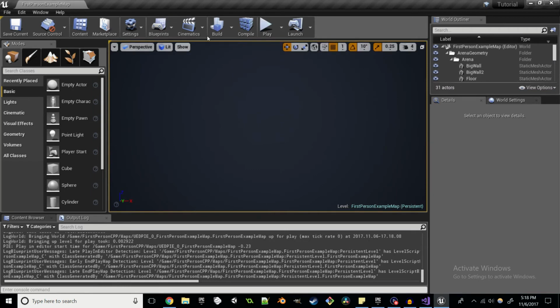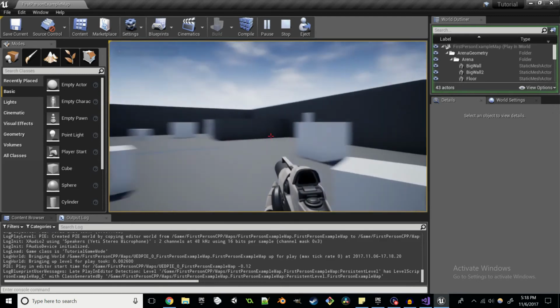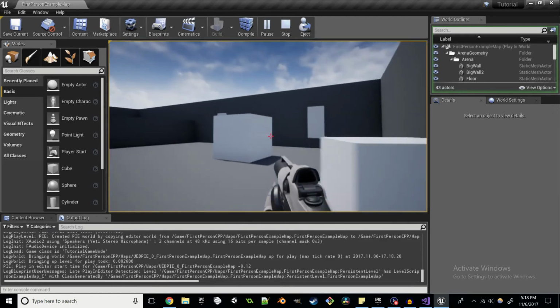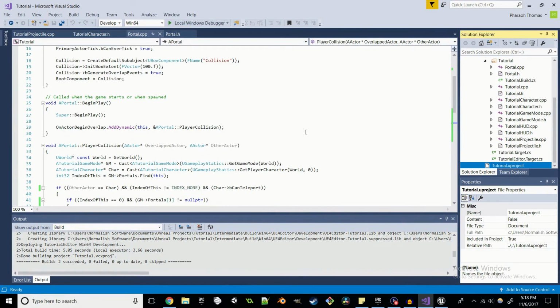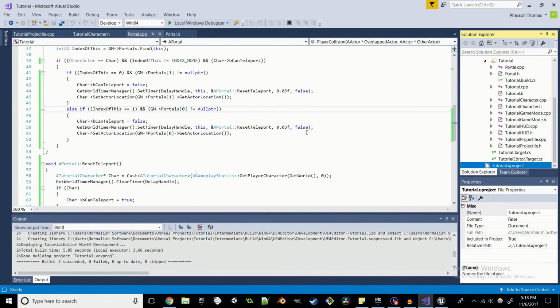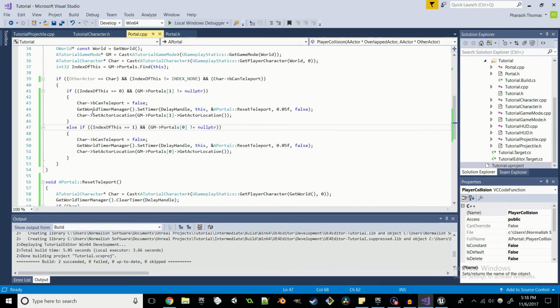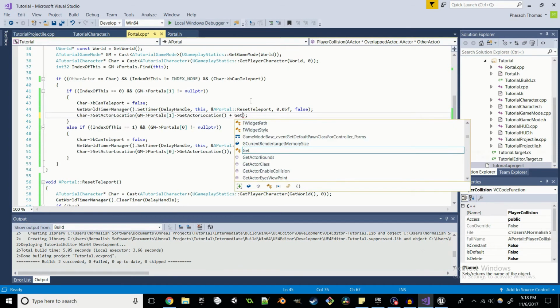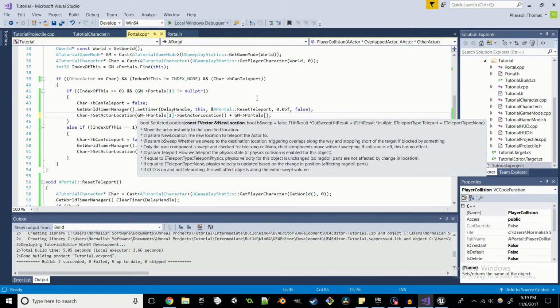So that's always good. Now what we can try to do is see if we can stop ourselves from getting stuck in the wall sometimes, like this, which is bad. One way that we can do that is to offset our location by just a little bit. So what I'll do is, when we teleport, we're going to set our actor location to the other portal's location plus